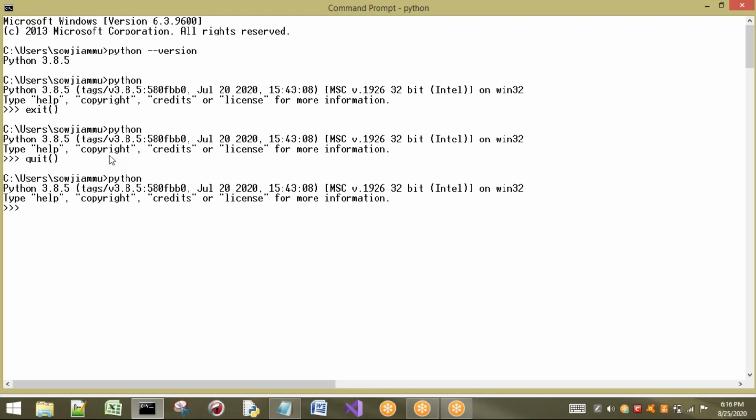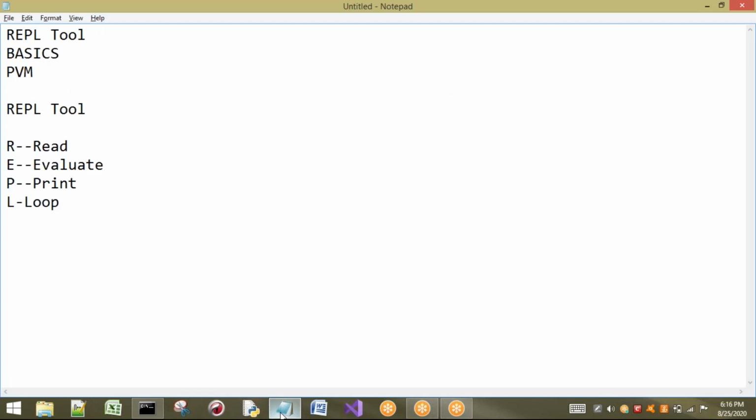So now I will focus on PVM. In yesterday's class we discussed PVM. Once again I will show you and execute some programs, and you can understand in detail what happens internally in our Python programming. In yesterday's class, we saw a Java program. After compilation of a Java program, we get class files. After execution, these class files are taken by the JVM, and it converts that bytecode into machine language. We have seen that concept.